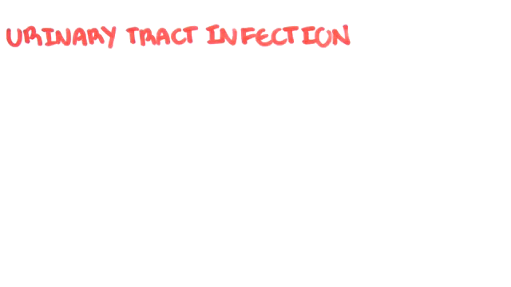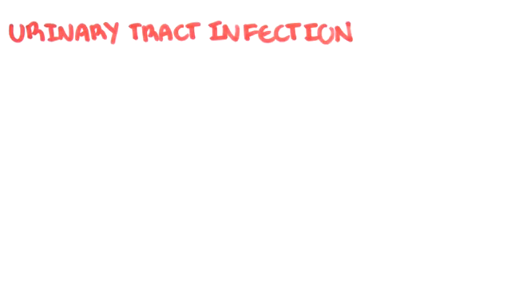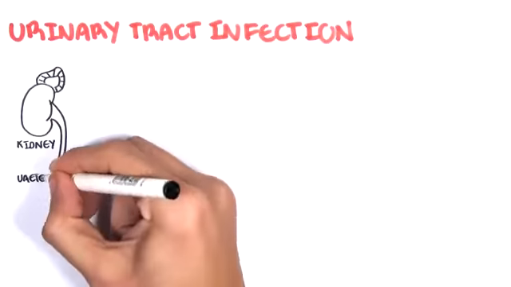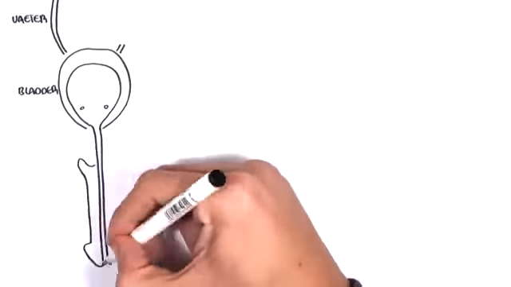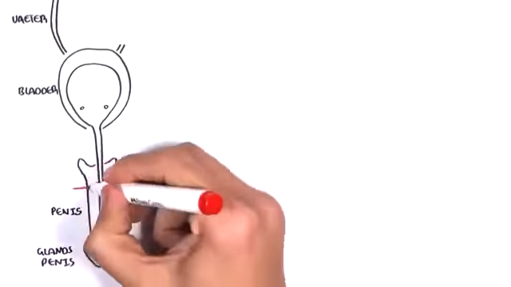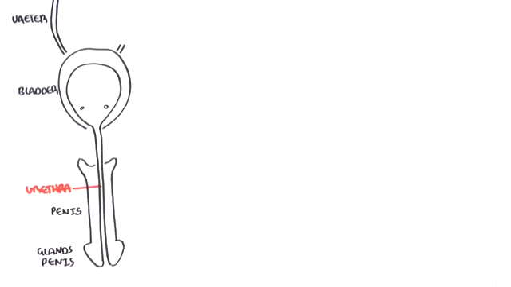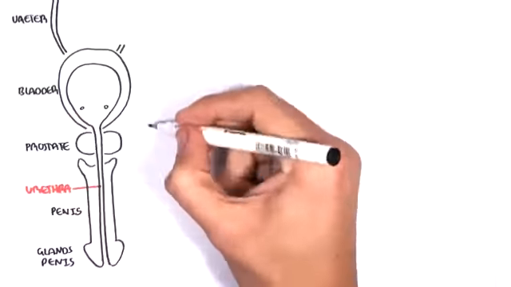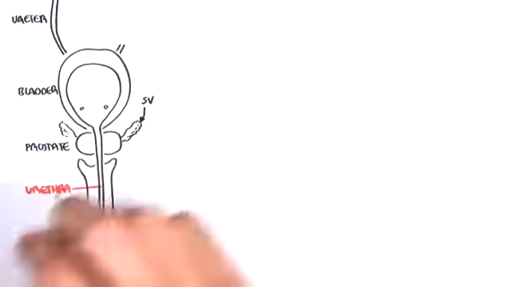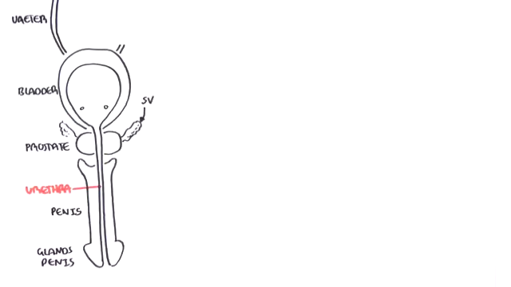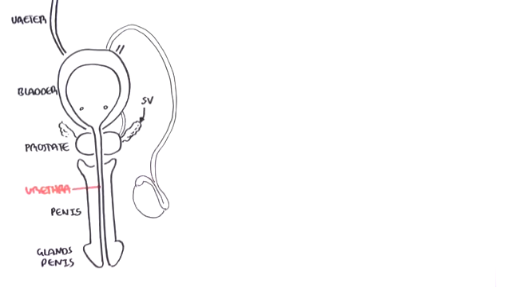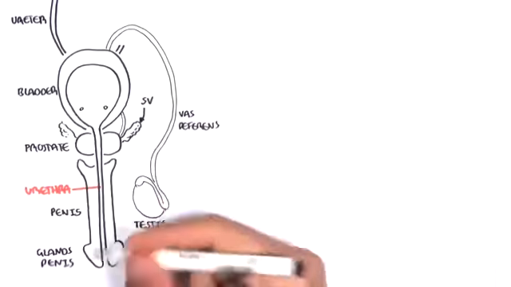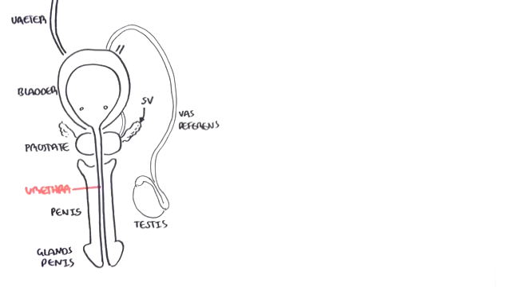Let us begin by looking at the male. Here we have the kidney. Coming off the kidney is the ureter, which carries urine into the bladder. Here we have the glans penis, and the urethra. Below the bladder, we have the prostate. Coming past the prostate and into the urethra is the seminal vesicles, an important part of semen production. Then we have the vas deferens, the actual tube that runs from the testes, and the testes is where sperm